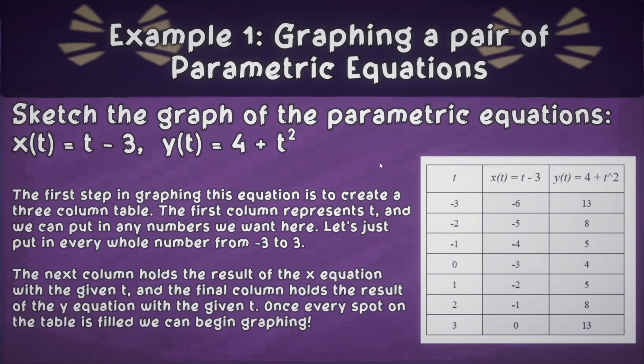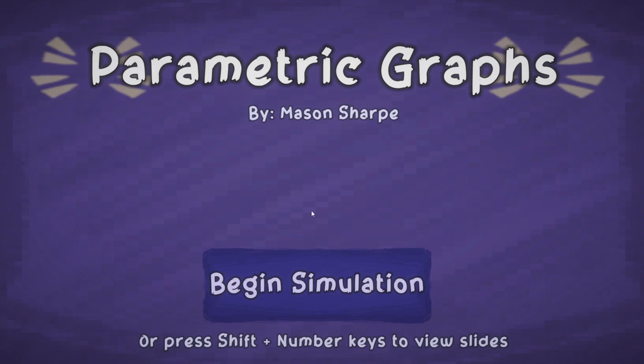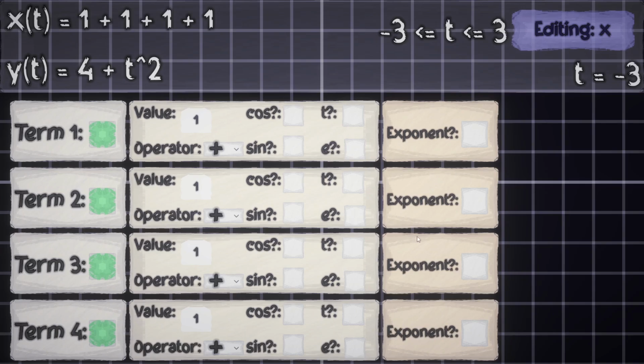I could just show an image of a graph to show off the points, but I feel like that doesn't do it justice enough. So what I set out to do is create a simulation that can be used to show exactly how the graph changes over time. So if we begin our simulation here, and here we have it. This will look a little confusing at first for sure,